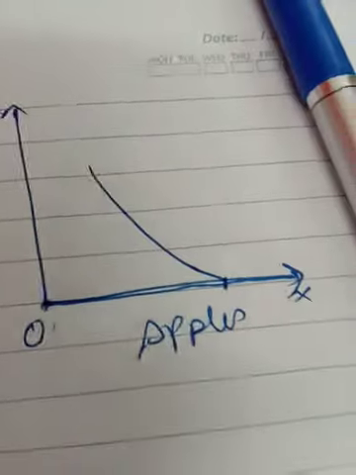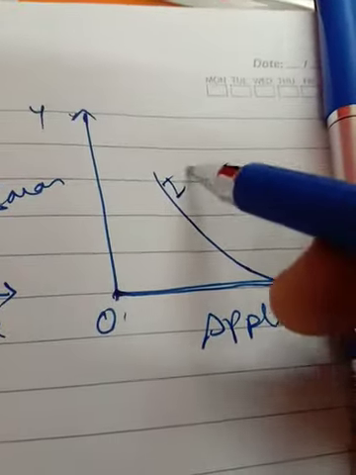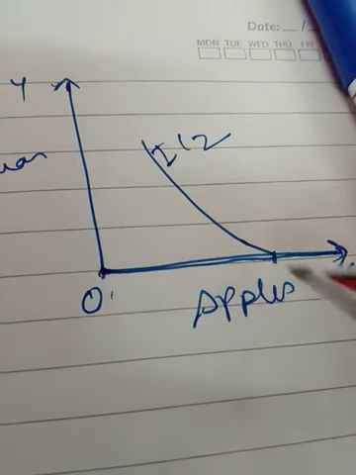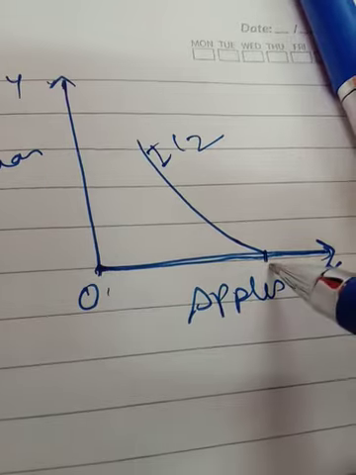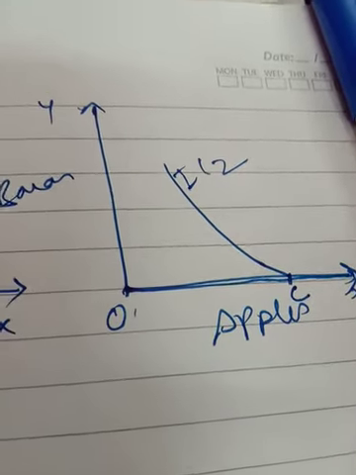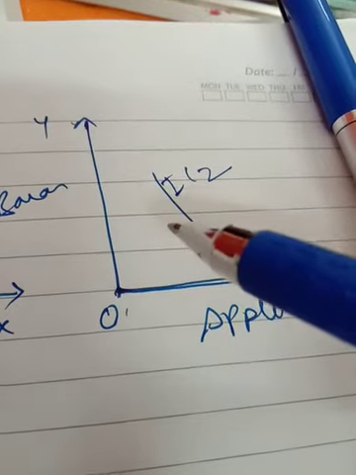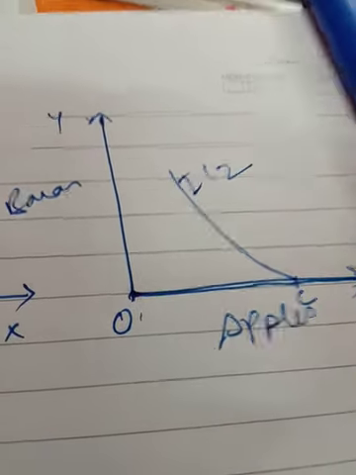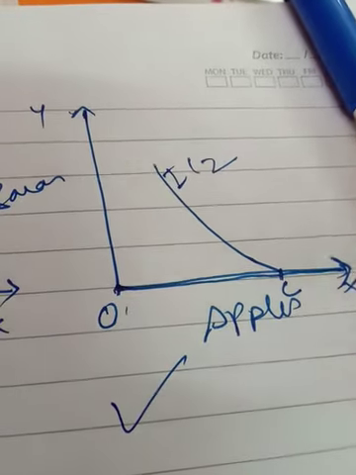And in the same way, this is also an IC, suppose IC2, and it is touching the x axis. That means the quantity of apple is OC and the quantity of banana is 0 over there. That cannot be possible, because there is an assumption of indifference curve that consumption of both the commodities should be there. So this is the property you can write in the form of a property here.